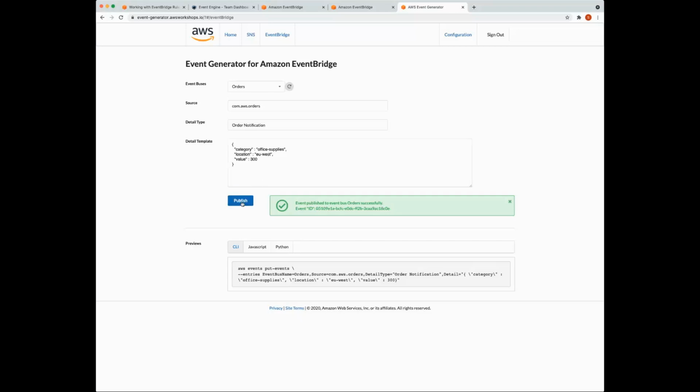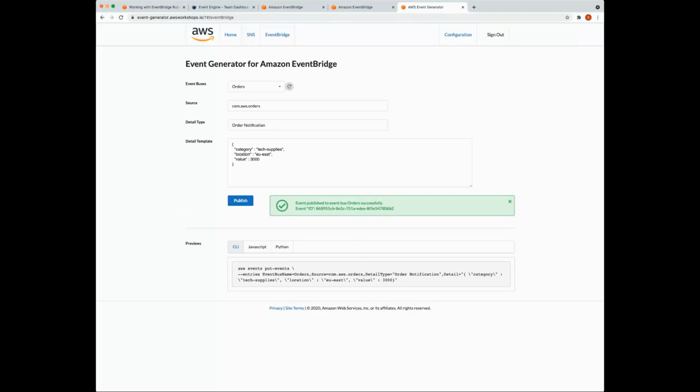I'm going to hit publish here. And if you're following along in the workshop, there are two event payloads that we're going to send. Publish that one as well.